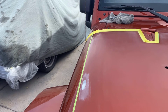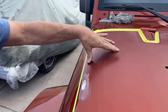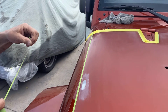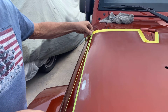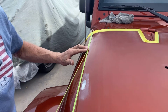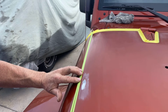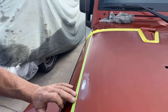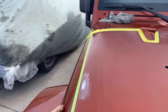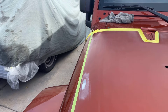So now that's the inside. This line represents the inside of the panel. It's going to be painted black. Because I'm using this tape, I'm leaving another piece of stripe. So I put this second piece of tape down and follow it as best I can. Line those two edges up without overlapping. A little gap is okay. And I'm talking smaller than a human hair kind of little gap. But as long as it's not overlapped,